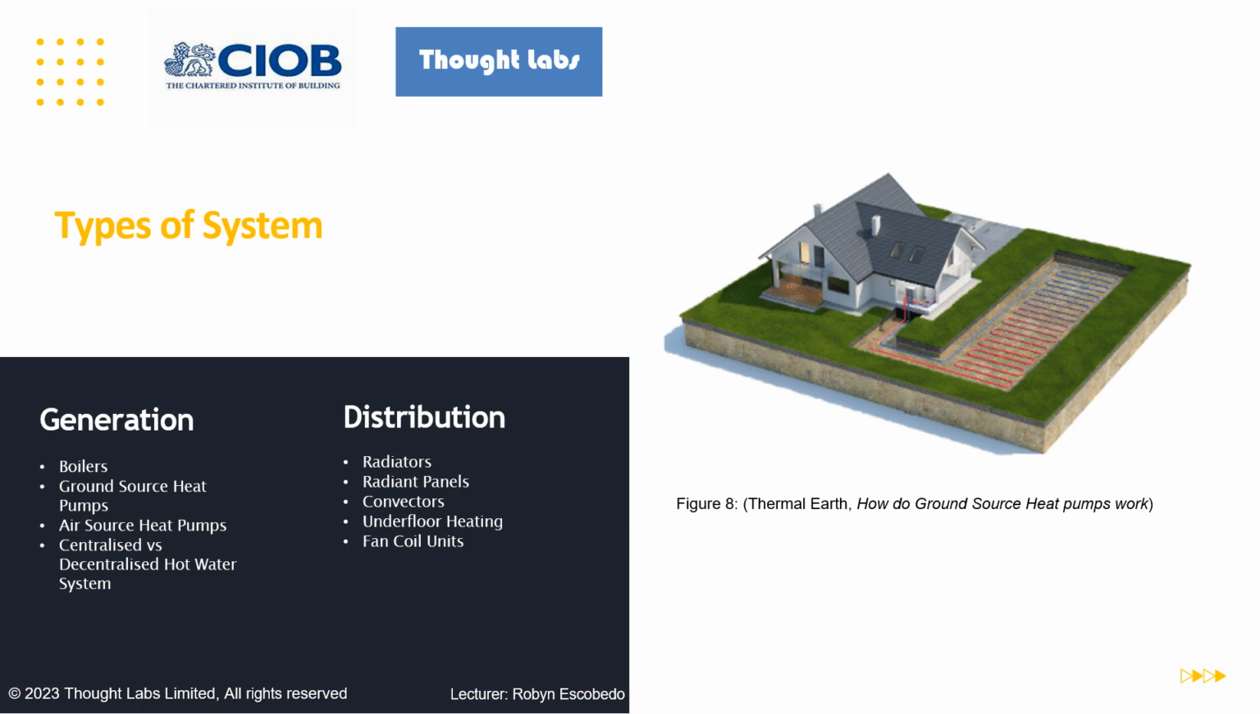Advantages are it's incredibly energy efficient. Efficiencies are up to 400%. They require less space within the building, they're not really too noisy, and they can do both cooling and heating. However, this ground loop does take up space, and so it might not be suitable in retrofit, urban, or space